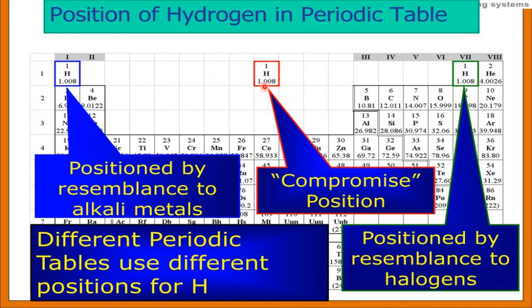As of now, in some periodic tables it is placed above the helium on the extreme left side along with alkali metals, and in some you find it here. Therefore, as of now, we are placing it here. So till now, the position of hydrogen is not justified. It is just to come to a conclusion or a comfortable position for the hydrogen.